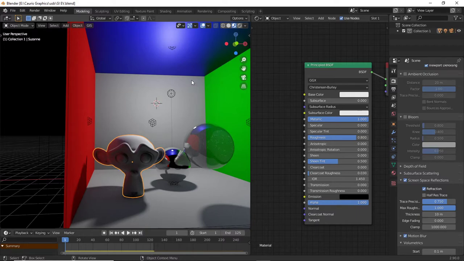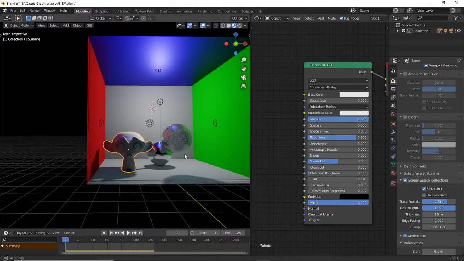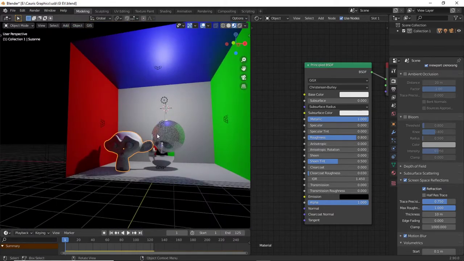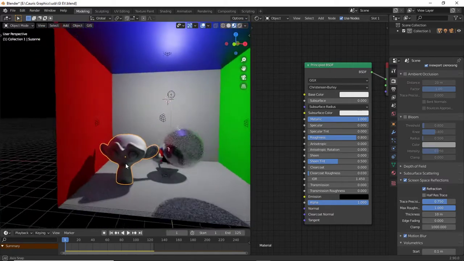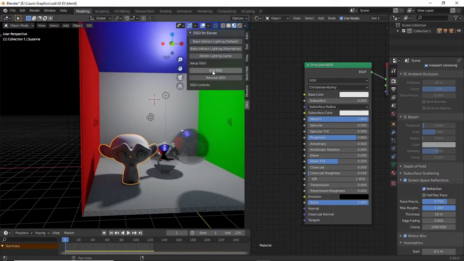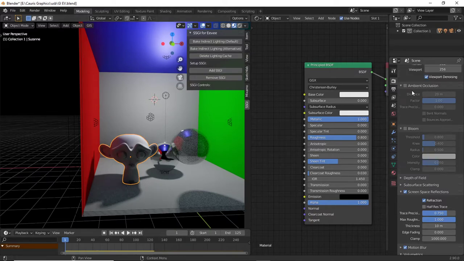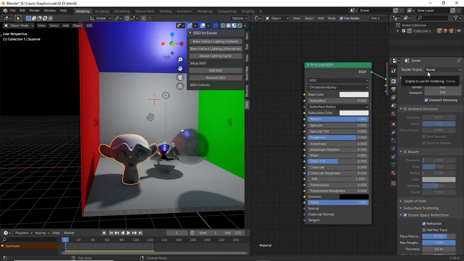So look at this. I got this scene, and you will notice that this scene did not use the SSGI add-on. I'm in EV. You can activate ambient occlusion and bloom, but it didn't make that huge of a difference.